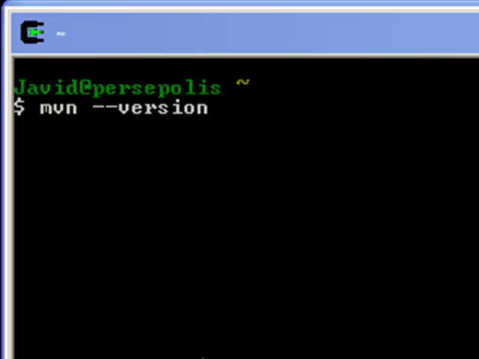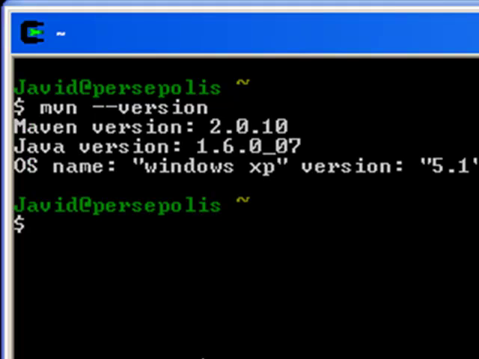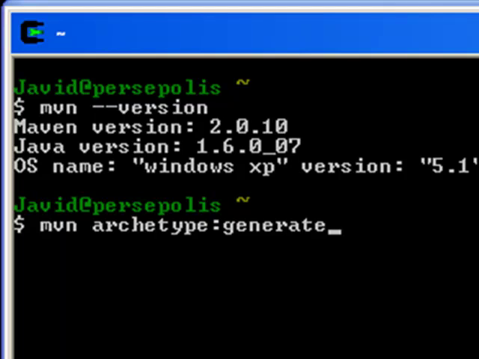If you do mvn --version, you'll see that it gives you a little bit of output here that shows you the version number for Maven, the version number for Java, and some information about the operating system that you're running. The next thing that we'll want to do is to execute mvn archetype:generate. The portion before that colon represents what's called a Maven plugin, and the portion after the colon represents a Maven goal. We'll revisit this in a future video, but the important thing to note at this point is the effect of this command, which is to launch a project generator, which will generate a project based on a